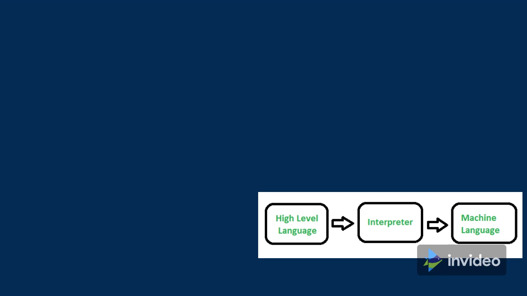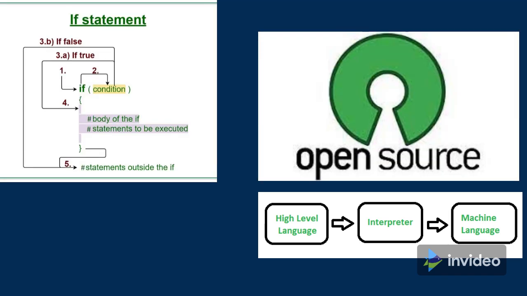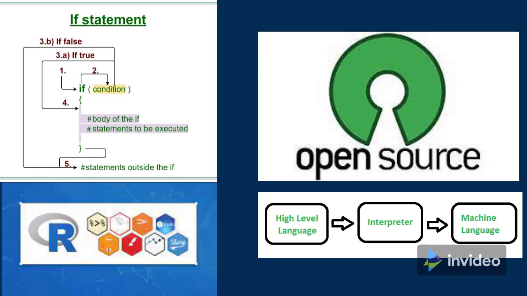R is an open source software environment. It is free of cost and can be adjusted and adapted according to the user's and the project's requirements. One can make improvements and add packages for additional functionalities. It supports conditional statements, loops, user-defined recursive functions along with other input and output facilities.